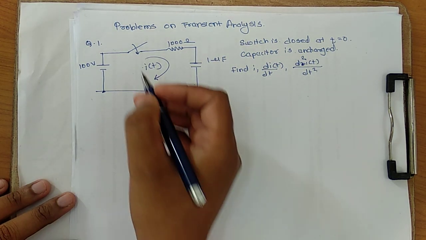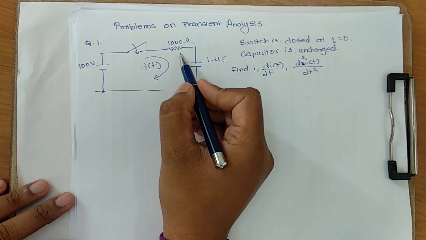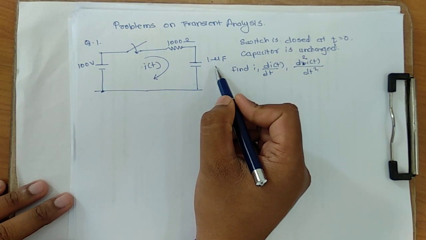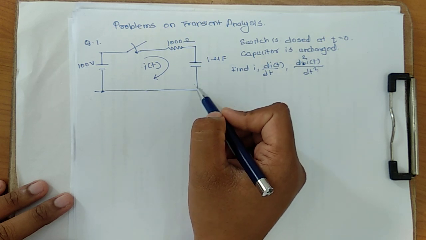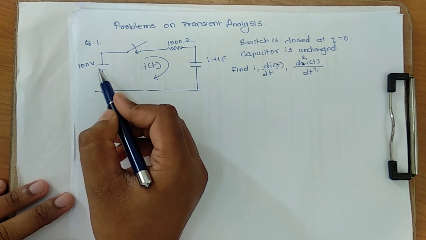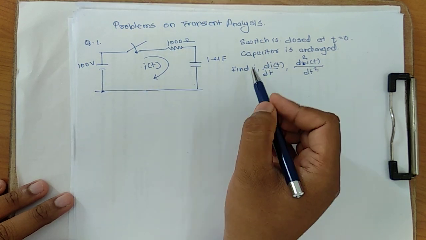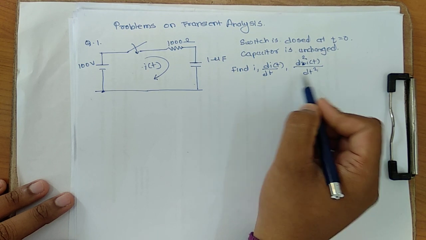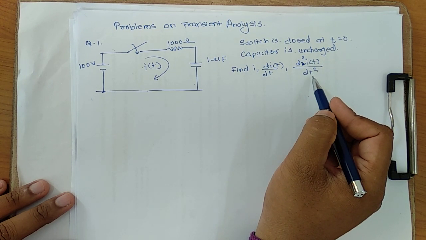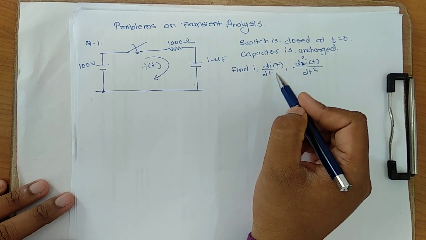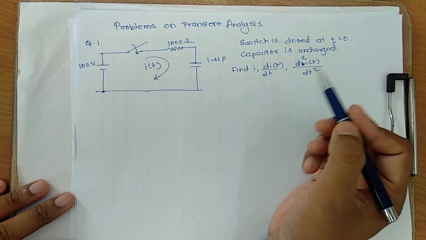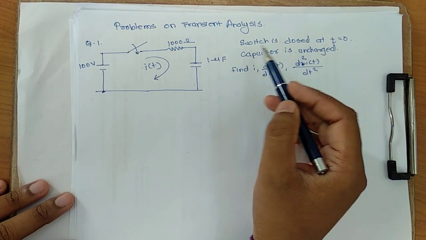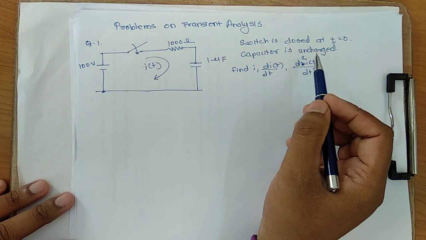In this problem a switch is given. There is a resistor available, a 100 ohm resistor. Next, a 1 microfarad capacitor is available, and a 100 volt voltage source. What we have to find out is i, di/dt and d2i/dt2, that is, the current, the change in the current, and the change of that change in the current. The switch is closed at t equal to 0,